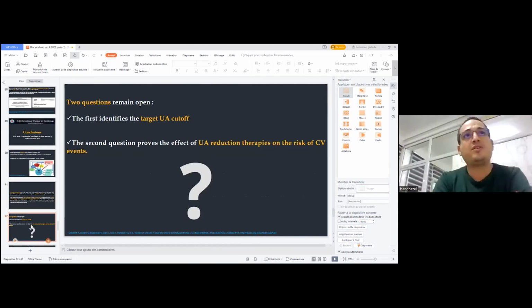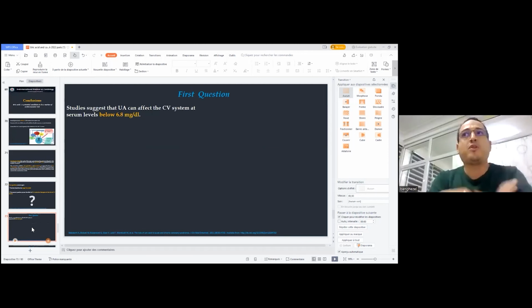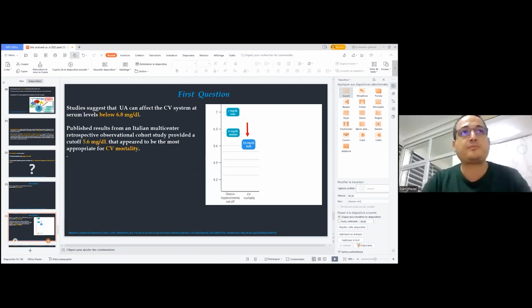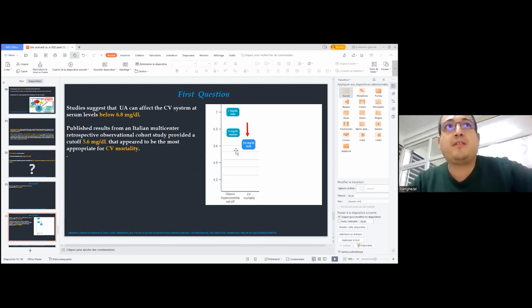The first identifies the target uric acid cutoff. The second question concerns proving the effect of uric acid reduction therapies on the risk of cardiovascular events. For the first question, studies suggest that uric acid may affect the cardiovascular system at serum levels below 6.8 milligrams per deciliter. Published results from an Italian